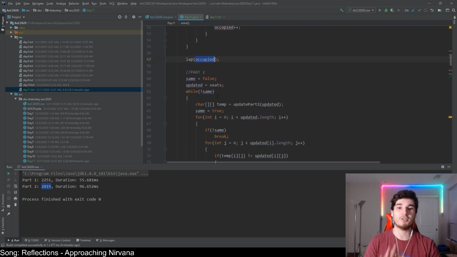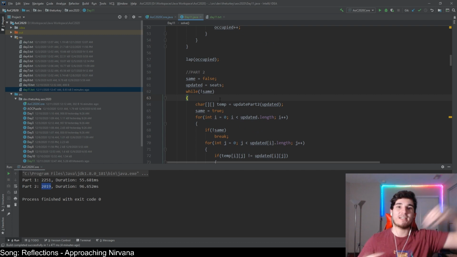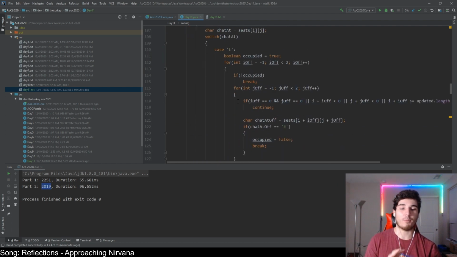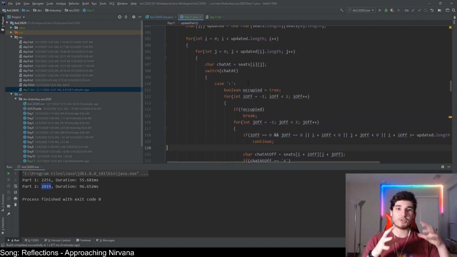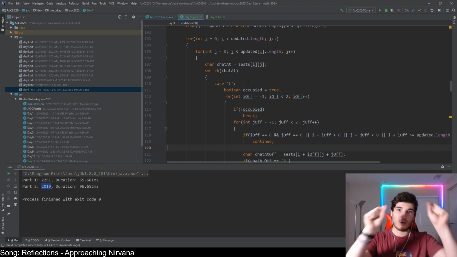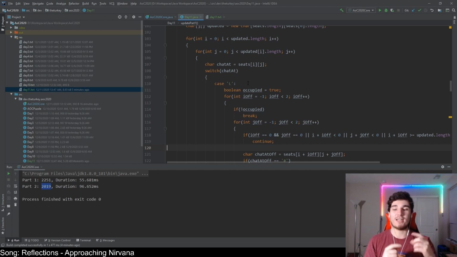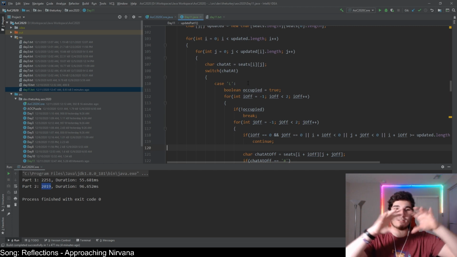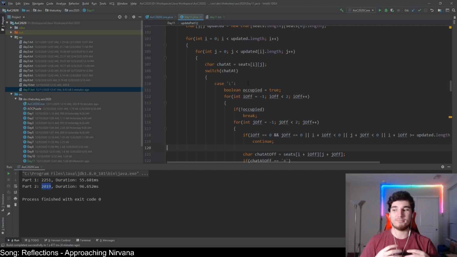we count up how many seats are occupied, and that's our solution. Part 2 is the same way, but instead of only checking the direct adjacent seats, we check the direct adjacent seats and then extend it out infinitely. So it's the same code, but the only thing we change is our check for loops here, which check around our location but only in a radius of 1. The way we extend that out to infinity is we take that radius of 1 that we're applying and add a scalar. That scalar starts at 1, but then goes to 2, 3, 4. That way we keep growing our check space as we go out and still apply the rules